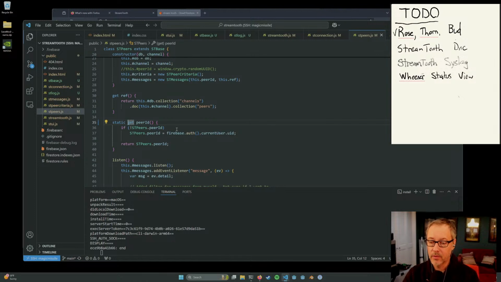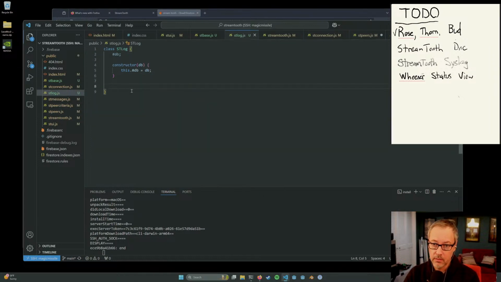I mean, it's kind of dumb, right? I'm being all stupid. I'm making sure to like pass in the reference to Firebase's Firestore, but I'm also just getting the reference to the current user from auth directly, right here. So there's no reason why this thing couldn't just do the same thing. I could just have a generic, and I don't even need like necessarily syslog, right? So let's back up.